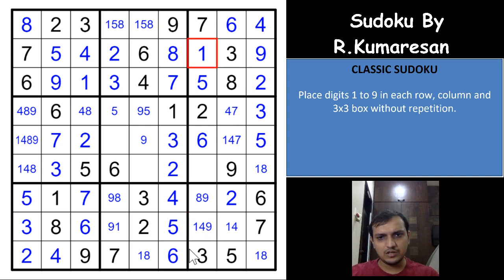So 1 will remove the 1 from here, so it has to be 4 and 9. So 1, 4, 8, 9, 8 is already, 9 is already here, so it has to be 4 and 8. 7 will have to be in one of these two cells. Because of the 7 here, we can eliminate 7 from here, and the 7 has to be in this cell. And so you have a 1, 4, 8 triplet here, which means this cell will have to be 7, right? So it has to be 7, no other possible digit here.